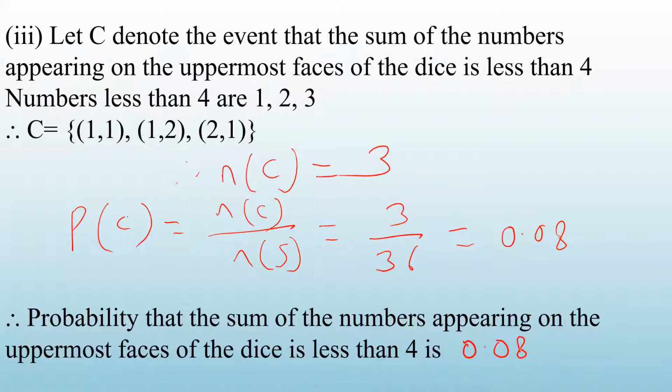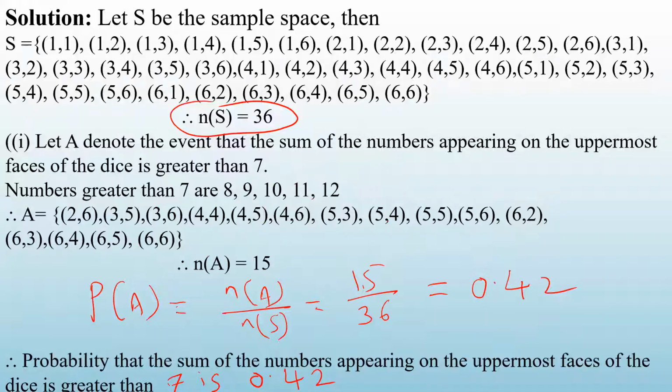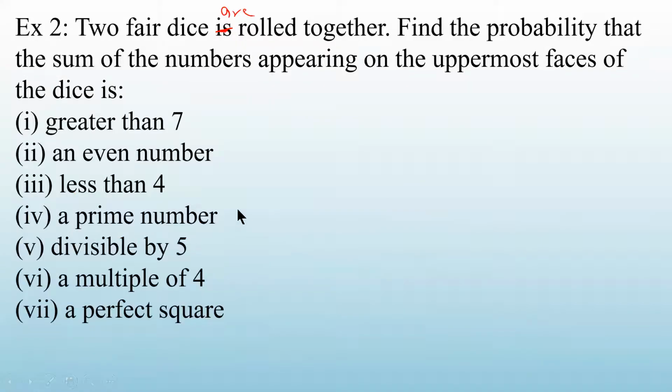So then you can conclude. Okay. So almost all the problems are of a similar type. If you have understood one, you can do the remaining problems. Okay. Fourth one. What we want is that the sum should be a prime number. Now in one of my lectures, I have explained what the meaning of a prime number is. What is a prime number? A number which is divisible by only two numbers, 1 and itself. Okay. So what are the prime numbers?